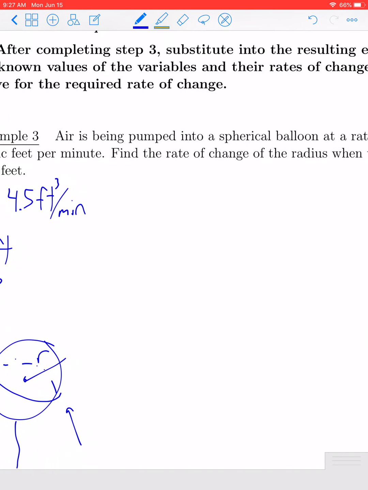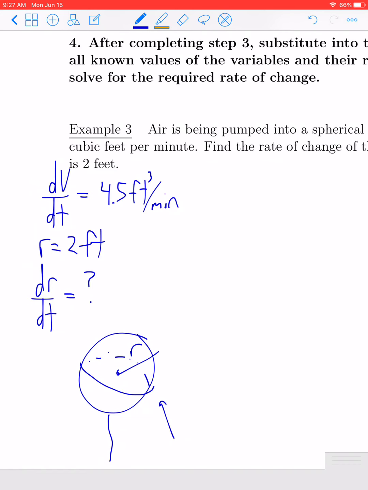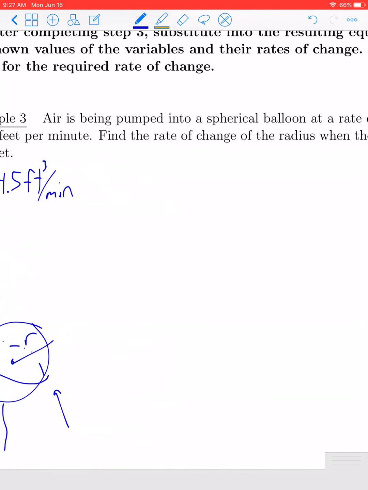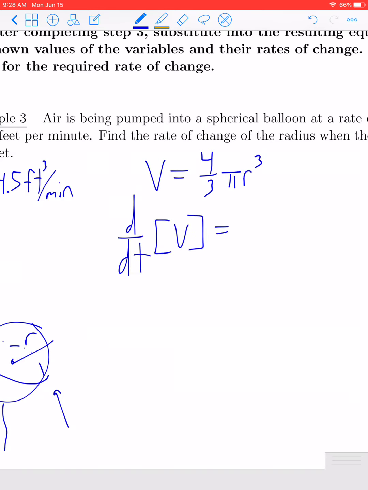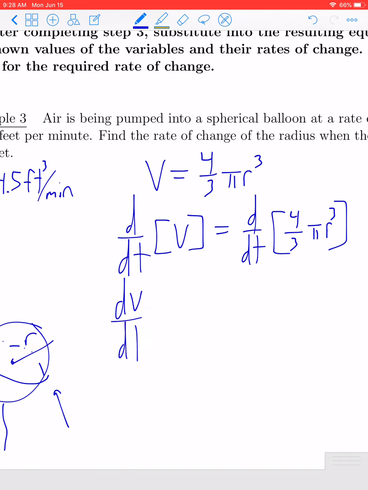First thing we want to do is write down an equation that relates our given information to the unknown. That's going to be the formula for the volume of a balloon, which is a sphere. The volume of a sphere is 4/3 pi r cubed. I can now take the time derivative of both sides. So we have 4/3 pi r cubed. On the left-hand side, the derivative of volume with respect to time, we call that dV/dt. This is equal to,